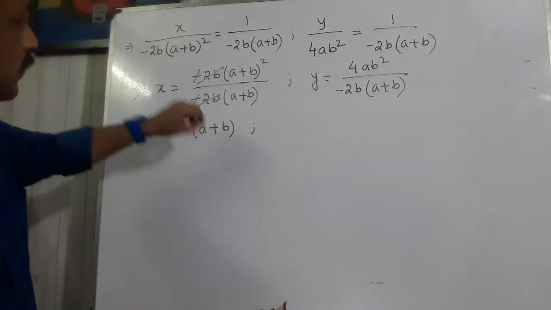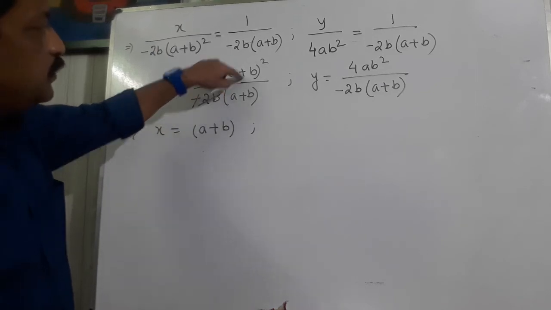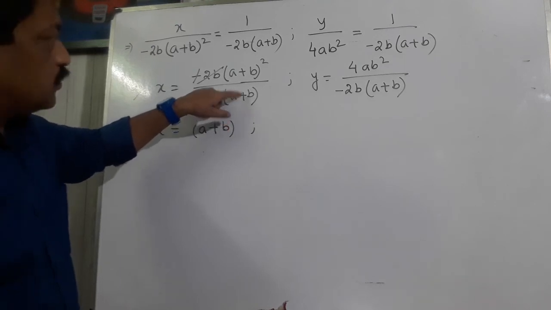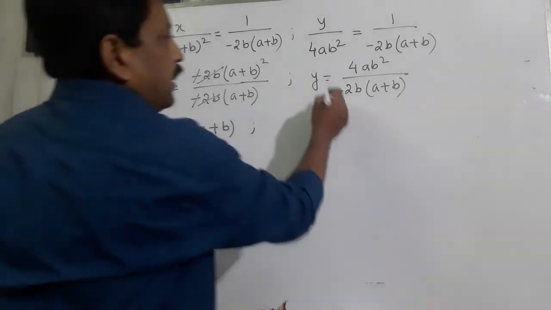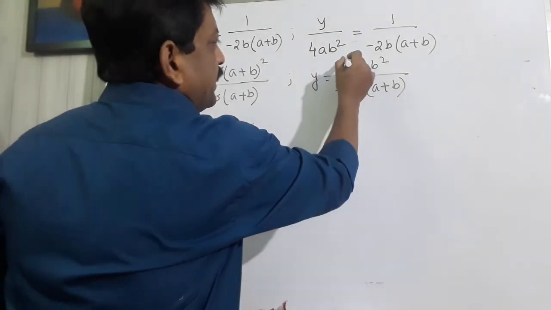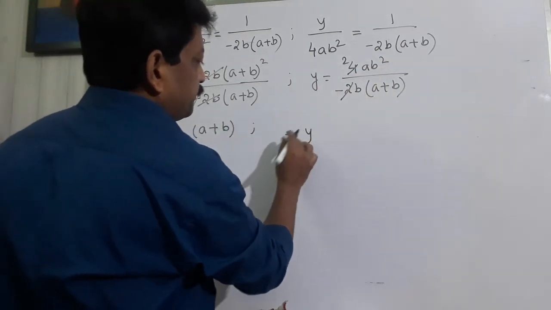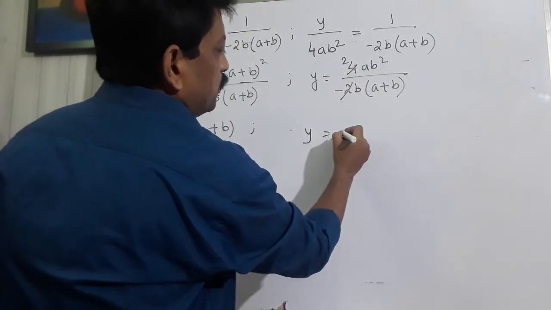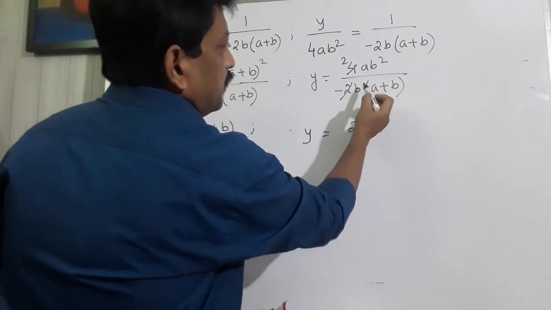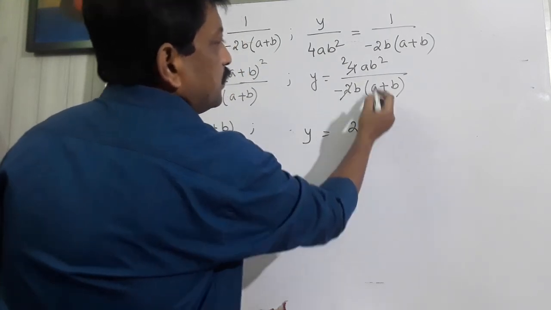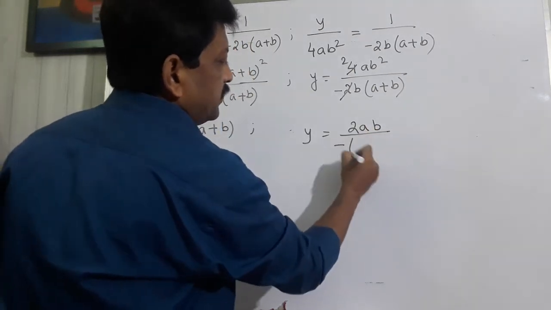Just go through it quickly. This negative sign, minus minus are cancelled, 2b are also cancelled. Here it is a plus b whole square and this is a plus b, so when a plus b whole square is divided by a plus b, we will get only a plus b. And here this 2 and 4 will be cancelled, b and b square will be cancelled, so y will be, here it is 2 but minus sign, okay, leave the minus sign, so 2a is there, b square by b is b, by minus sign and then a plus b.